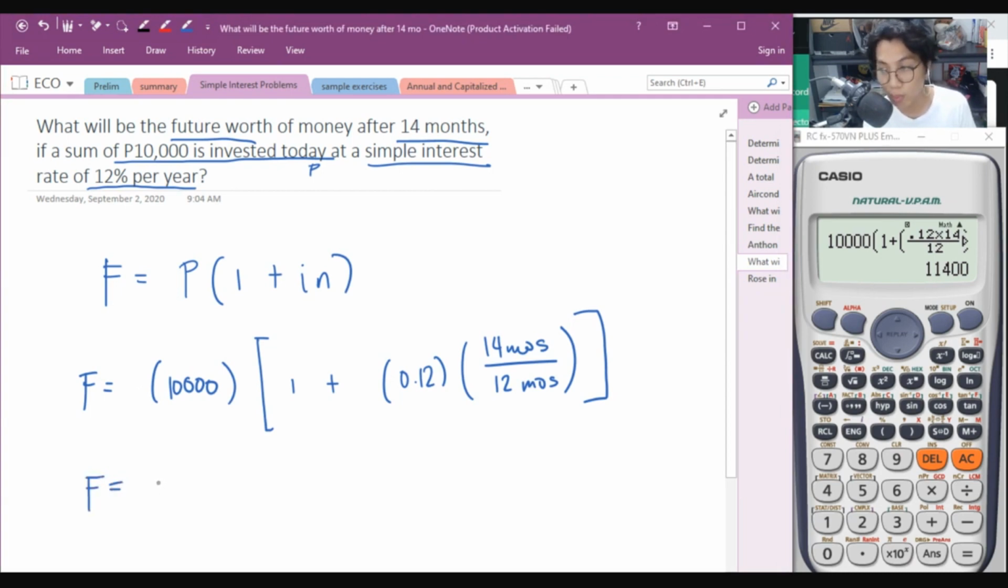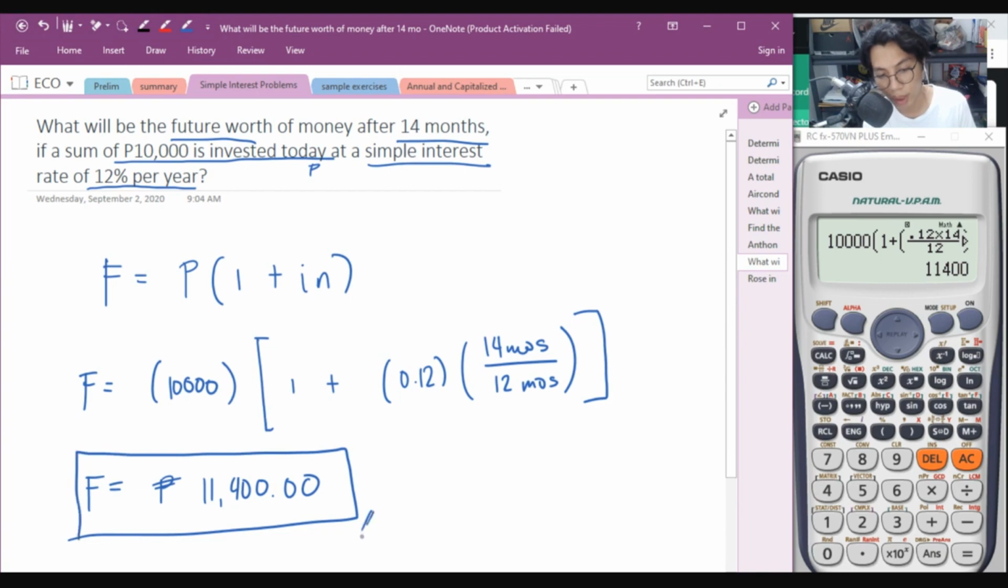So, ang tinubo mo is ilan? 1,400 pesos. So, 11,400 pesos only. Yan po yung naging future worth of the money that is invested today. The last problem